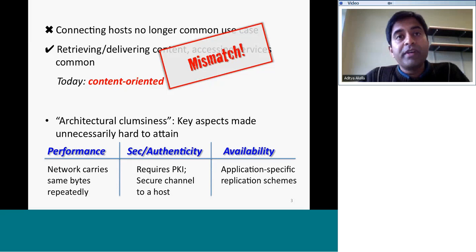And today, obtaining these kinds of guarantees requires something like a global PKI to provide users with the public keys for the provider of the content. And moreover, if you look at how authenticity is obtained today, it's typically done by securing the channel between hosts as opposed to ingraining that within the content itself.